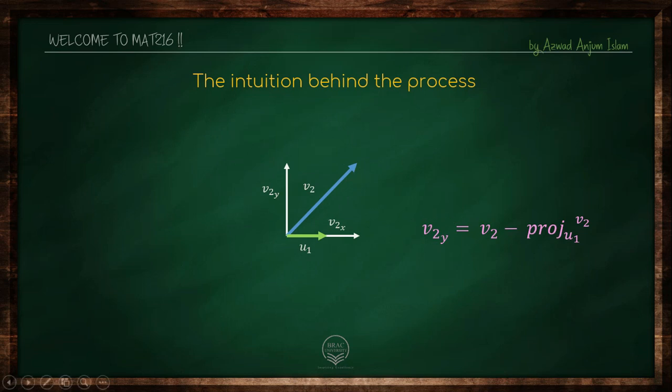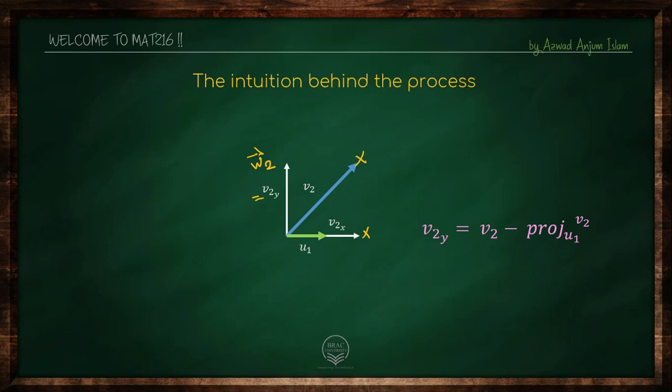Now, if you notice, we already have the orthogonal vector, right? u1, and let's call it w. That would be easier. Instead of v2y, we are calling it w2. So we have u1 and w2. We have our orthogonal basis. Forget about this. We don't need this. We don't need this. We have u1. We have w2. We have an orthogonal basis.